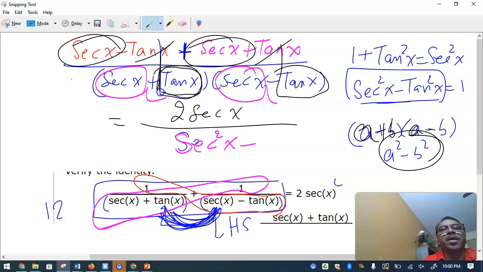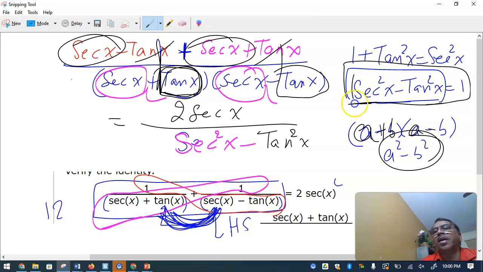That's the b, right? B is tan, so that's tan square of x. And then you can see now, hey, that's the formula. The Pythagorean identity says the denominator is going to be